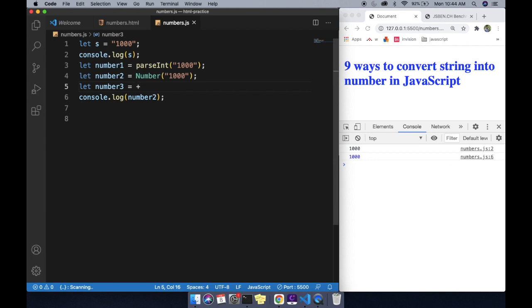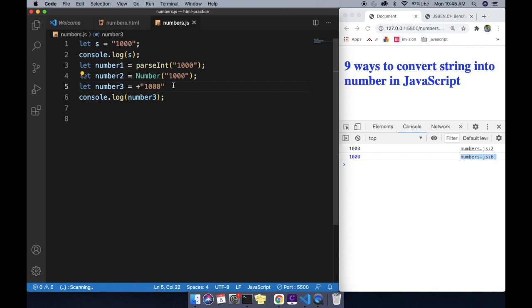I am using the unary plus operator here, and the string 1000. If I console number 3, you can see the value will be in the blue color. By this way you can also convert the string into a number. This is very easy, and when it comes to performance also, it will be very fast.